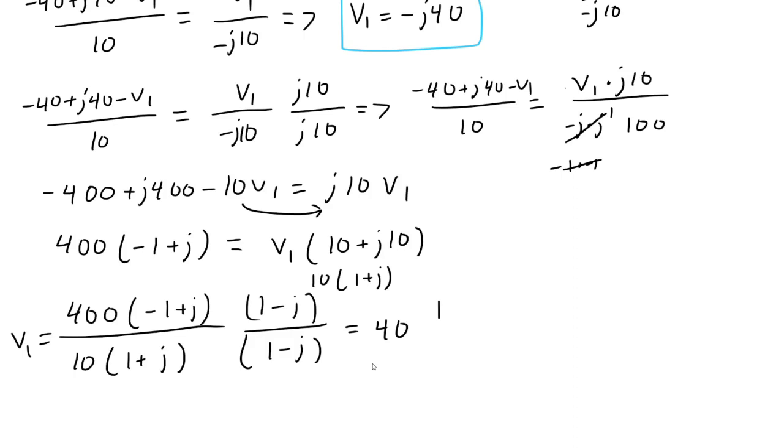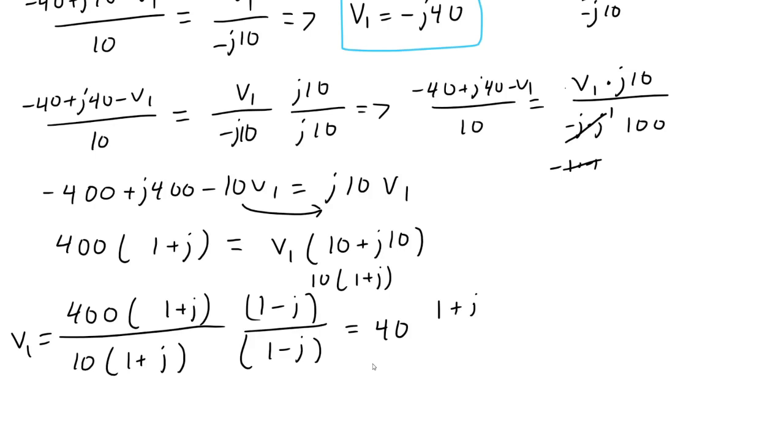Oh, this is plus 1. Let me just double check, make sure I didn't make a mistake. Let's see, plus 1, plus 1. Yeah, this is plus 1. Okay, plus 1 plus j. So 1 times 1 is 1. And then we're going to have plus j